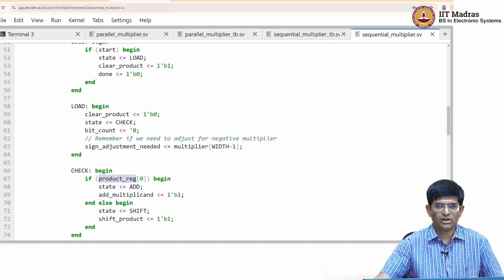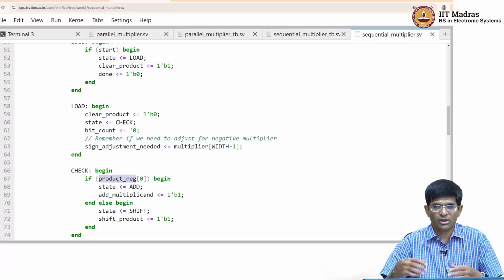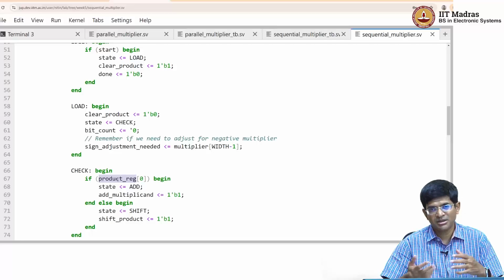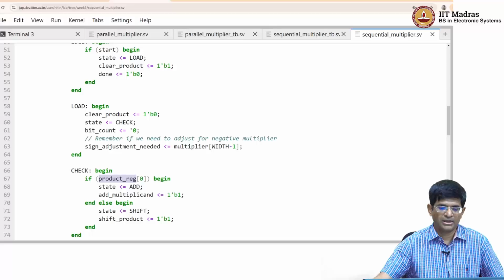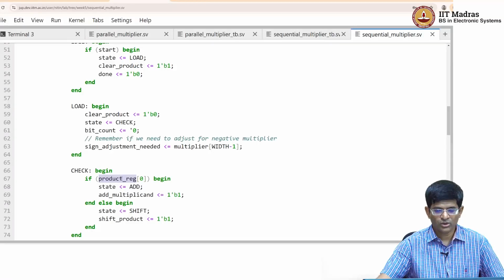So this is a small optimization in terms of how we write and model the code, but it doesn't fundamentally change anything. If you wanted to write it such that you shift your multiplicand each time and add it, you could do that as well and it would work perfectly well, right? Okay, so what we do is we